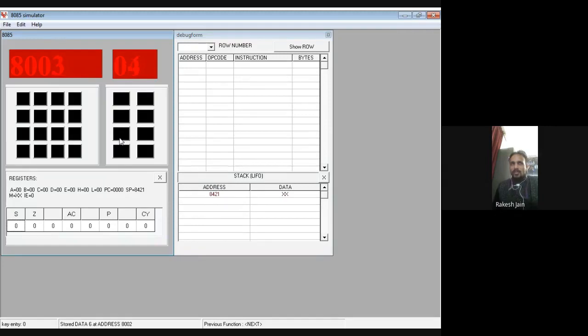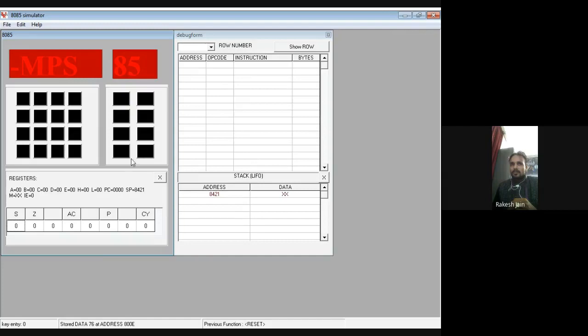At the 8000 memory location, I have to load the first data, that is 3E. Yes, 3E is there, then 00, then 06, then 04, then 0E, then 05, then 80, then 0D, then C2, then 06, then 80, then 32, then 00, then 90, then 76. Now the program ends, so one more time click on next. Okay, now the loading step is completed.